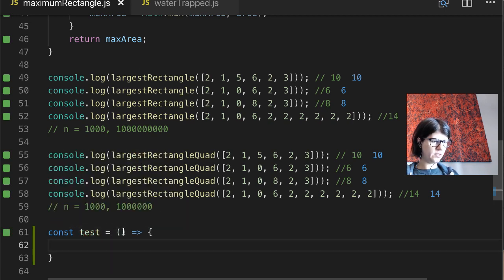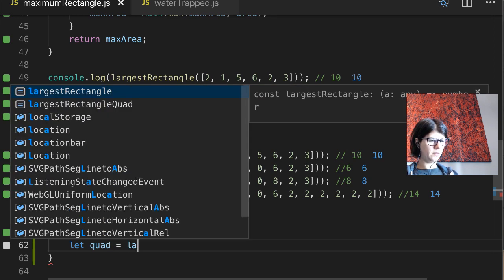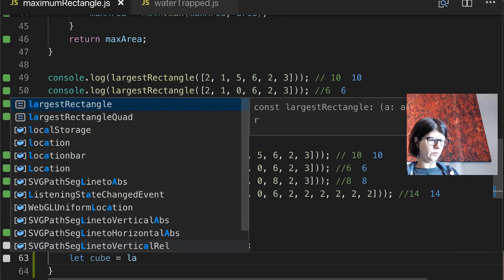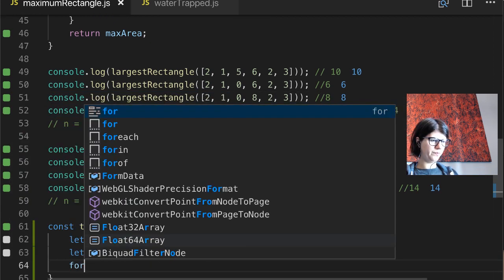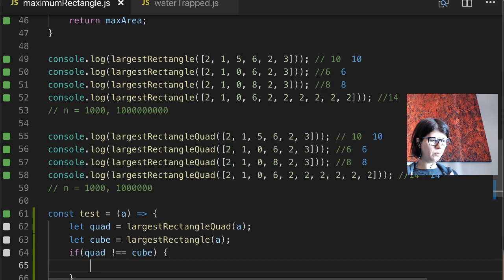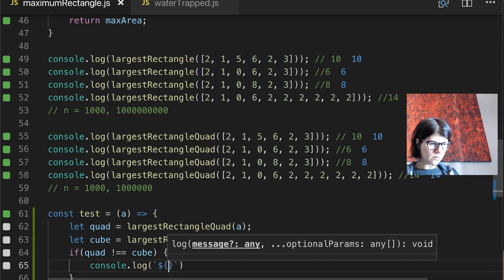Let's write a test function that takes an array and it should compute let quad equals largest rectangle quad, let cube equal largest rectangle cube, if quad is not equal to cube, console log we want the array,